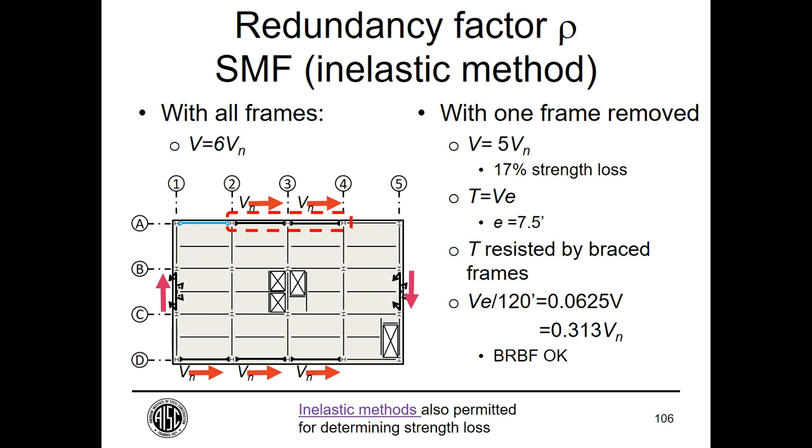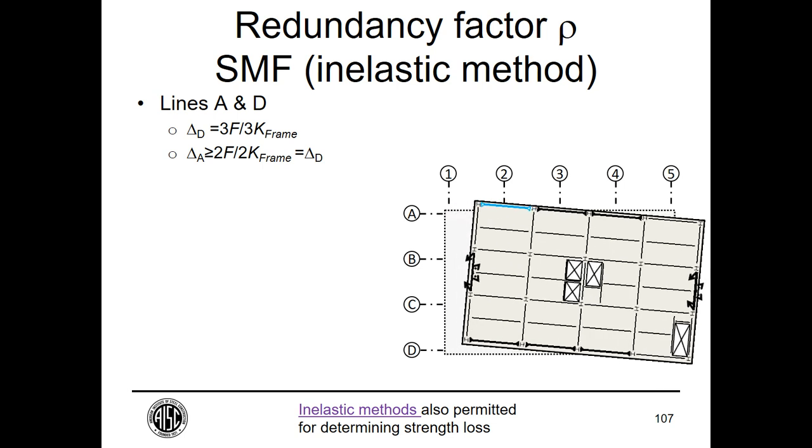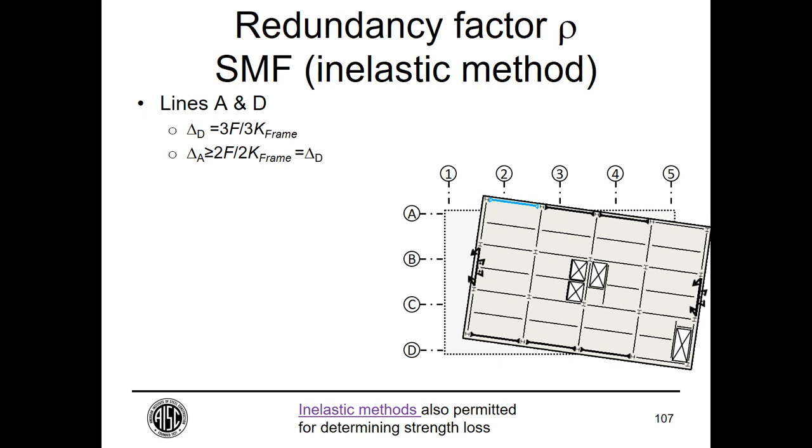That torsional moment, because we're saying we're taking the full strength of each of these frames, they can't take any of that torsional moment, so the torsional moment goes entirely to the braced frames. The braced frames are going to be okay for strength, but the system is going to twist more. So we have a displacement at line A and line D. The displacement at line A and line D is going to be the same, but the displacement at line 1 and line 5 is going to add a little bit of